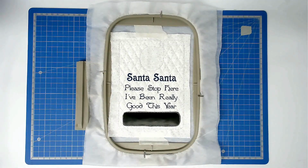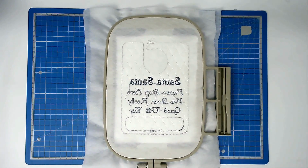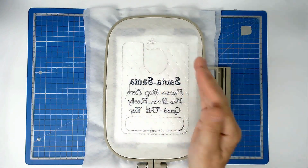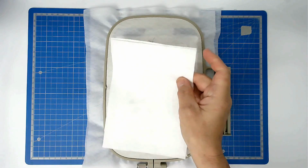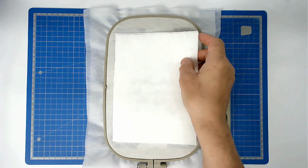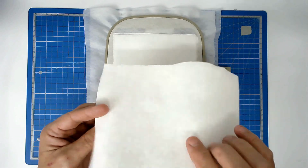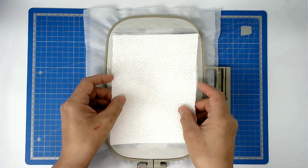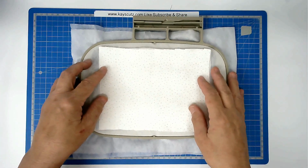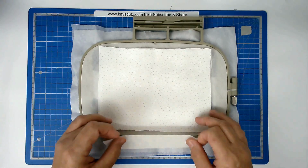Next we're going to add our backing, so turn your hoop over. If your fabric is quite flimsy or see-through, or you just want to stiffen this up a bit so that it hangs nicely on your door, you can use a couple of pieces of scrap cutaway stabilizer underneath your backing fabric, and you can also, if you wanted to, put a piece of interfacing on your fabric as well, and that will make it nice and rigid without making it too stiff. So once you've done that, tape your fabric in place,